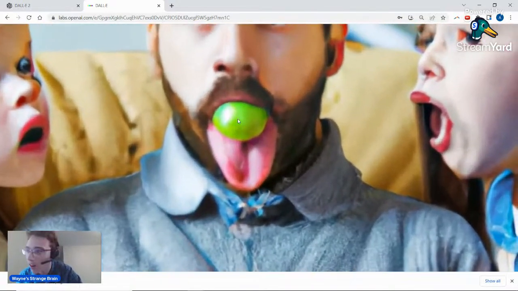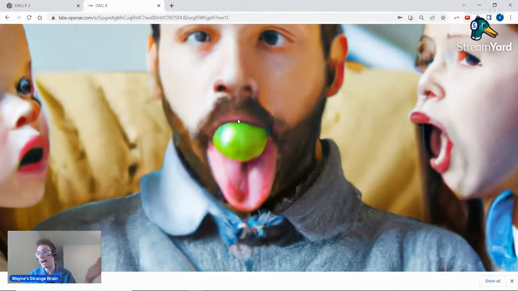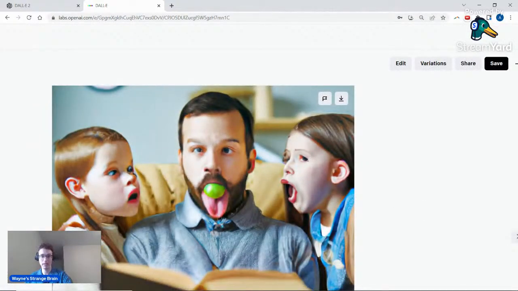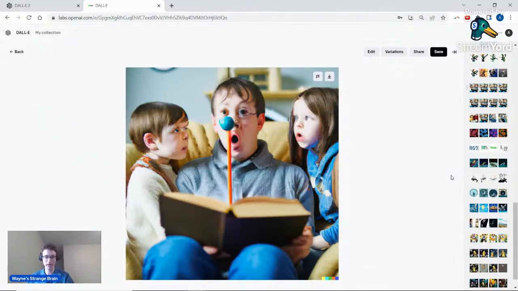Zoom in here. Oh, yeah, I can pinch to zoom. I'm accustomed to seeing a green blob with a white reflection. I'm accustomed to seeing that as an apple, but this could be anything, you know? It could be an alien green artifact. I really have no way of knowing. But he's licking. All right, good job, AI.